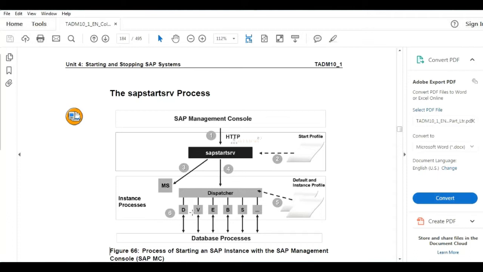Because how many work processes are there? The number of work processes, the list, will be stored in the instance profile.